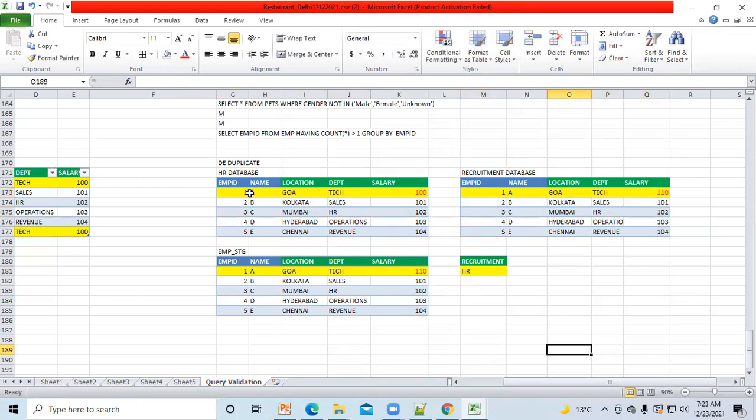Like we have generated an example here. Now, suppose we have created this scenario for employee A in the HR and recruitment databases. Now we have to validate whether it is coming here or not. So how will you validate this scenario? That's the question. For that, first of all, you have to write a query to get data from HR and get data from recruitment. You will see whether that data is present here or not. And then you have to write a query to get the data from this employee stage. So what I'm telling is, your target query